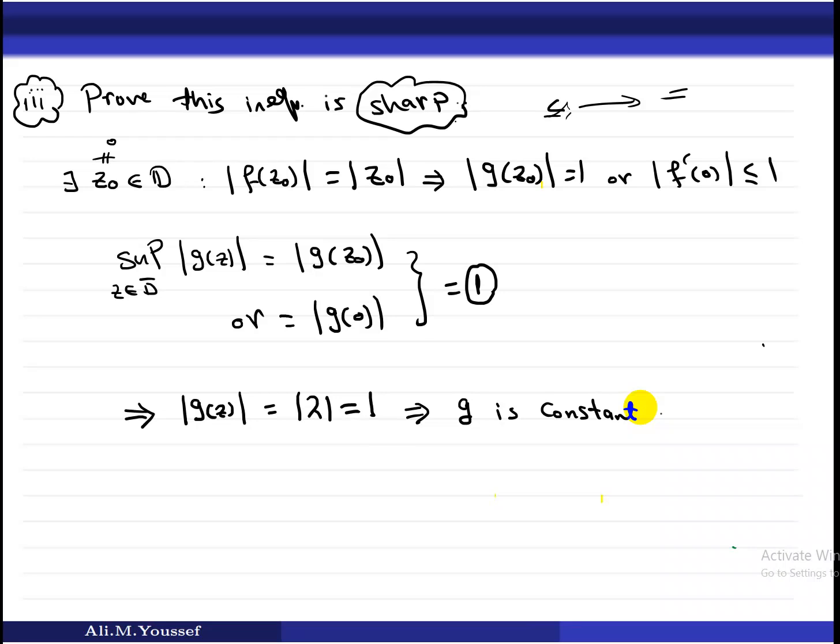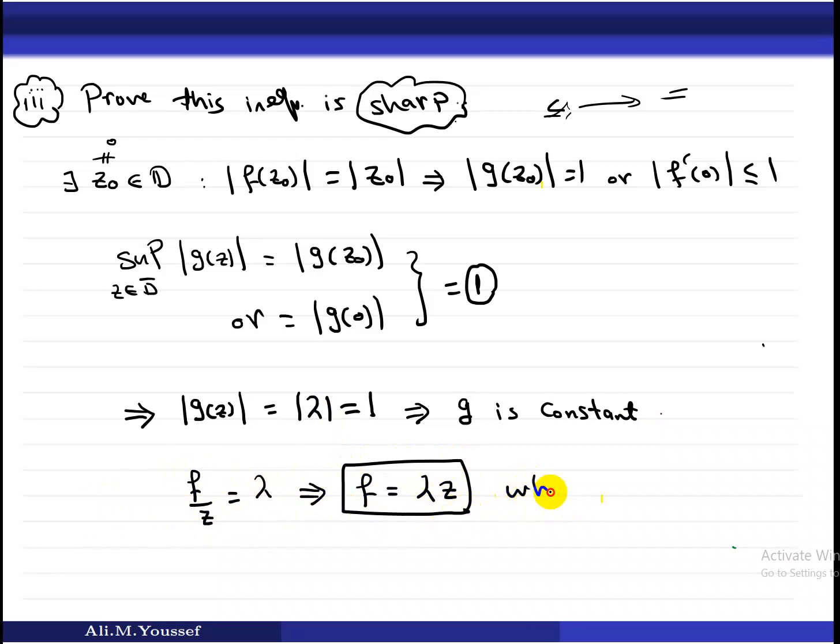So by using the maximum principle theorem, g is constant. But if g is constant, so we have f over z equal to lambda. What's the lambda? The modulus of this one is equal to the modulus of g. So f is equal to lambda z,